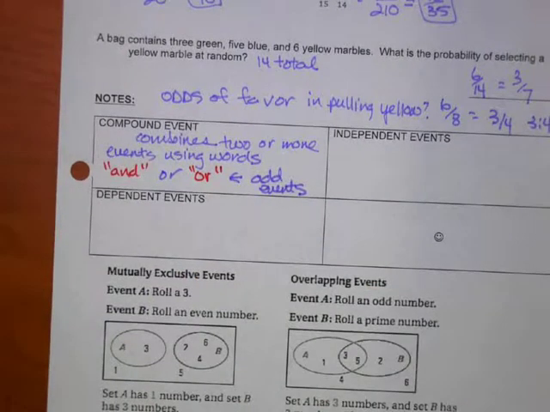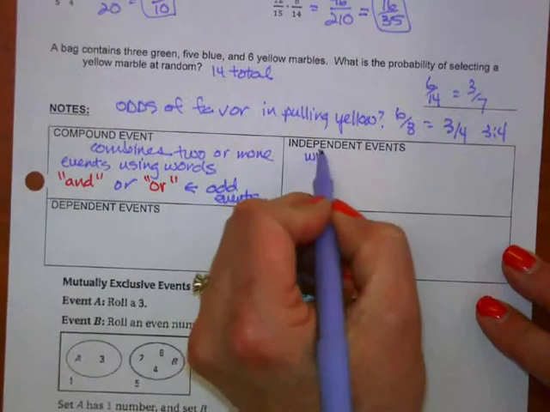So, yeah, and, or. Let's say we want the probability of pulling a queen, and then we want the probability of pulling an ace. So there's 2 different events. Okay? It's compound, 2 or more events using the words and, or. Independent, with 2 events,